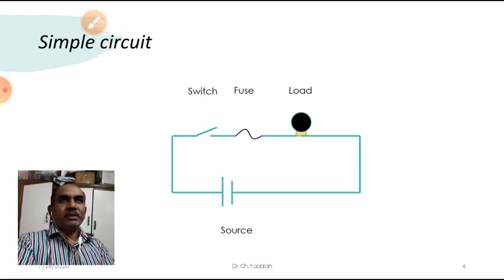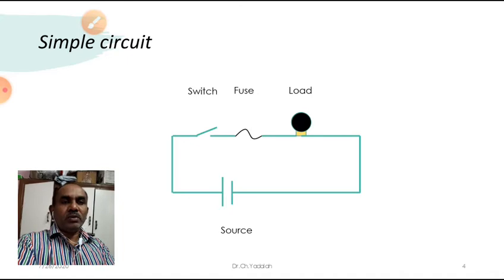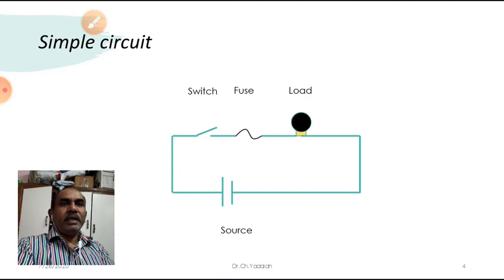In domestic use, if you observe in our daily life, whether the fan or light is controlled, in our houses we are using one switch as well as a fuse. Similarly, you can see in low and medium voltage circuits, generally we use different types of switchgear